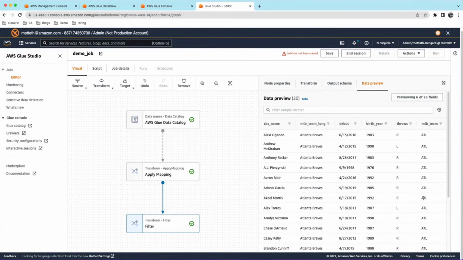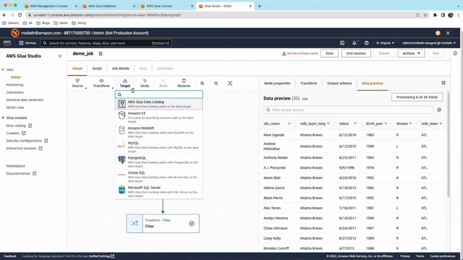Looks like our filter is working fine. So we are able to validate that only ATL, MLB team ATL data is coming after this point. So like this, as a next step, you can do more transformations. You can bring in other sources, or if you want to go ahead and land this data into a target,